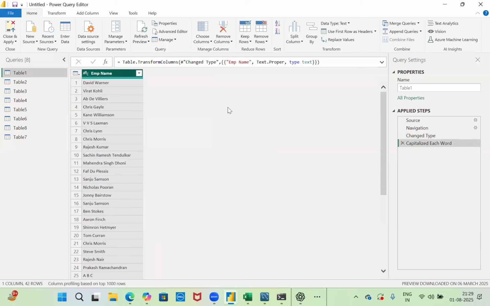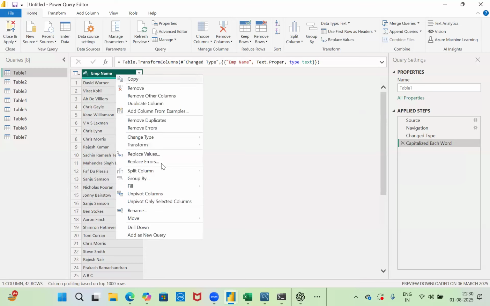Now, I wanted to see VVS Lakshman having 4 different things. Kane Williamson having 2 different things. Means first name, last name. VVS Lakshman is having 2 middle names. So I wanted to divide each and everything into multiple columns. I just wanted to split data by space. I wanted to divide my first name, middle name, last name, everything. So for that, I'll do a right click. I'll say split column and I'll say split it by